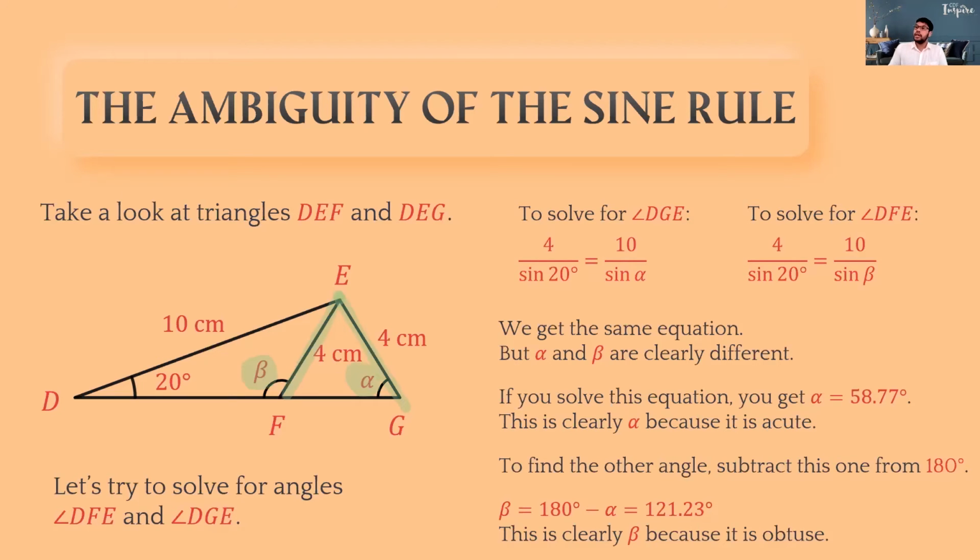That's your answer. But if you're looking for the obtuse angle, right? Imagine that this one is the triangle given to you. Then you're looking for the obtuse angle. So you work it out, you will get 58.77, but you know you're looking for a larger angle, an obtuse angle. What do you do? You subtract from 180. And that will give you the answer. That's it, children, right? So you use the usual sine rule, same thing we learned earlier. You use it, get the answer, and subtract from 180. That's it, children. Okay?